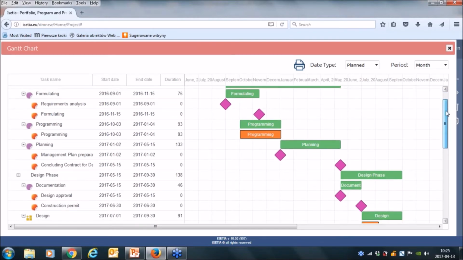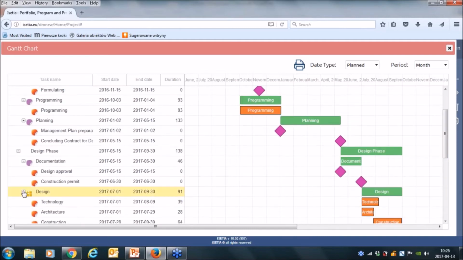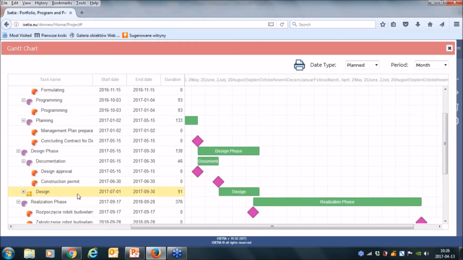This is how it is also presented and managed in ISETIA. But now I would like to show you something more. Let's look at this point, design. This is design, and you can see it is a WBS element for an activity, but this is some very complicated work, the design, and it is presented on the Gantt chart.